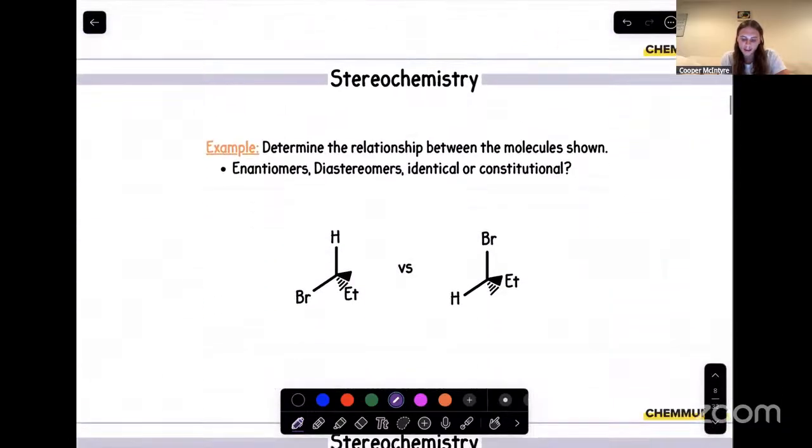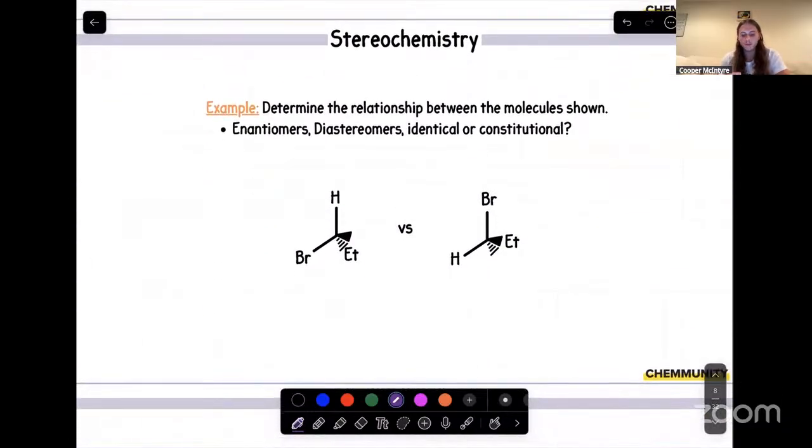Sweet. And then moving on to our next one, yet again, we had to assess what the relationship between those two molecules are. In this case, especially when I'm given just a molecule with one chiral center, I like aligning two groups with each other, similar to what we did earlier, and assessing those wedges and dashes. So I want to flip this molecule so that the bromines are in the same position and so that the hydrogen is also in the same position. So we'll flip that over yet again, just like a book.